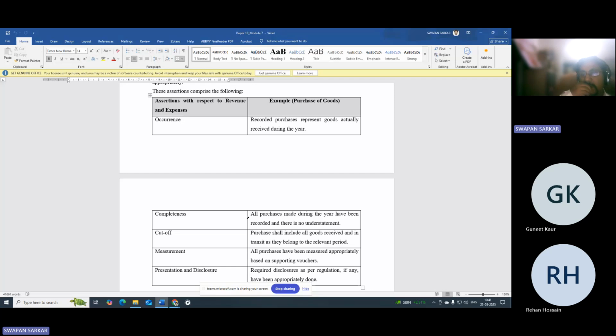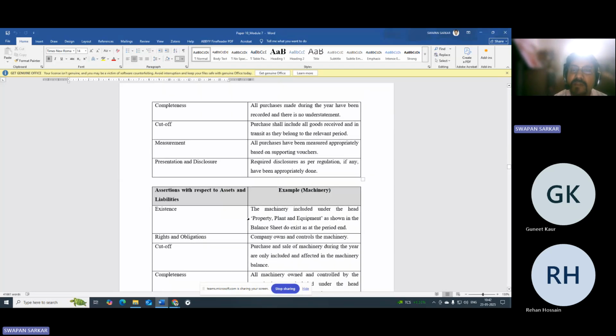Then measurement. All purchases have been measured appropriately based on supporting vouchers. And presentation and disclosure. Required disclosures as per regulation, if any, have been appropriately done. So these are the assumptions or claims the management makes while preparing the financial statements, and it is the duty of the auditor to check the validity of these claims and accordingly prepare a final report to be submitted to the owner. Now, with respect to assets and liabilities,